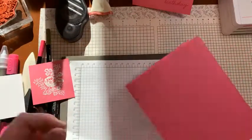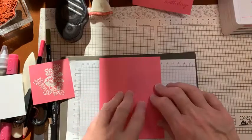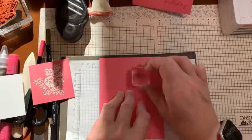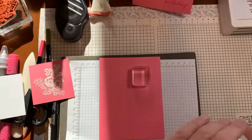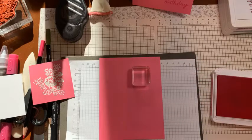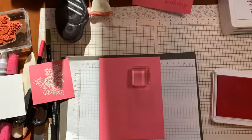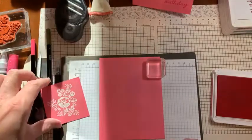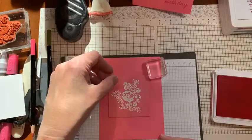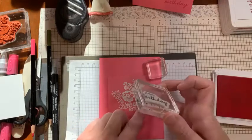Put it on its mat in a minute, and I'm going to stamp my sentiment in polished pink, because this is polished pink. Okay, which is happy birthday. If I put that about there, then